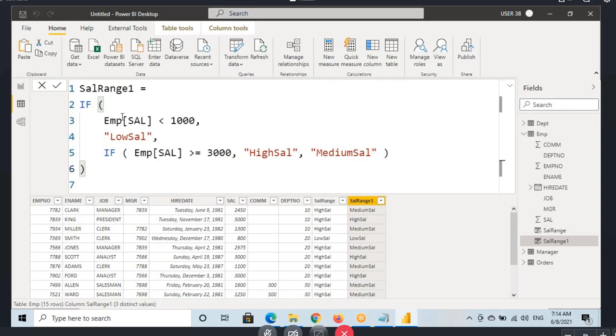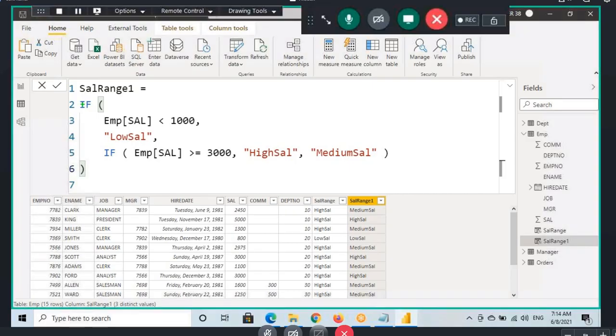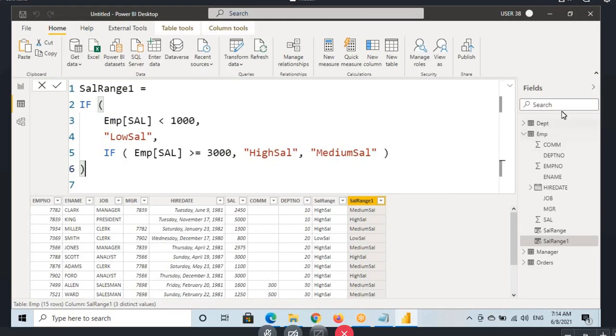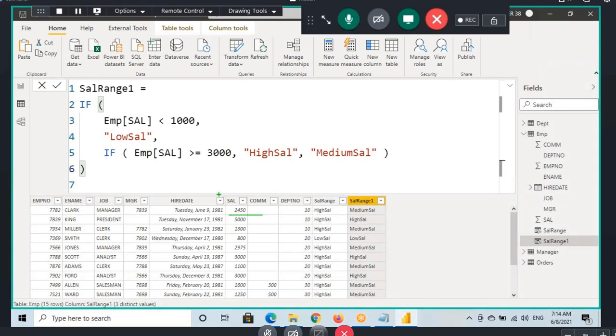So I'm writing one if within another if. When you write one if within another if, we call it nested if. First, this formula will execute row by row, guys. First, it will take the first row. The salary is 2450 for the first row, guys. 2450 will come here. Is 2450 less than 1000? When it is less than 1000, it will show low salary. So when this condition is false, it